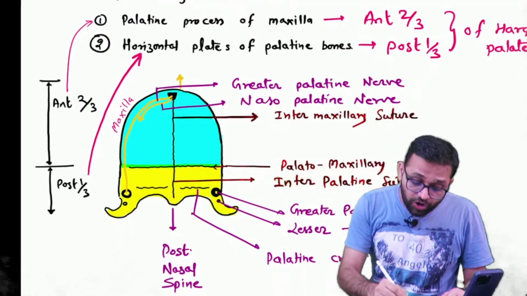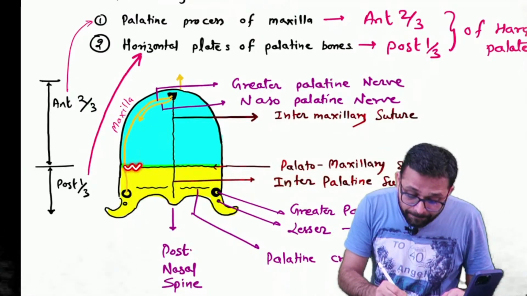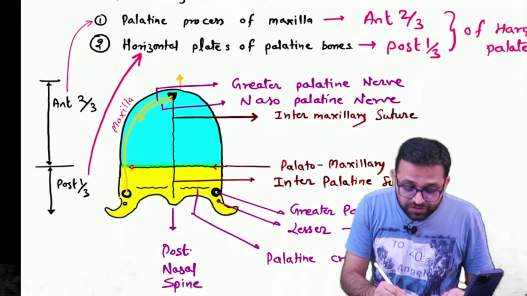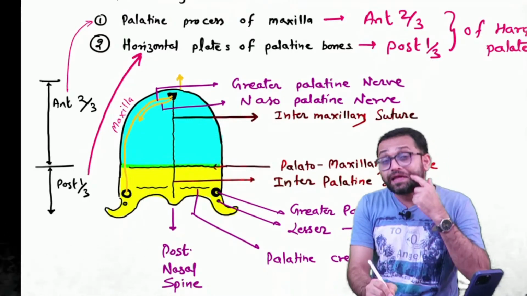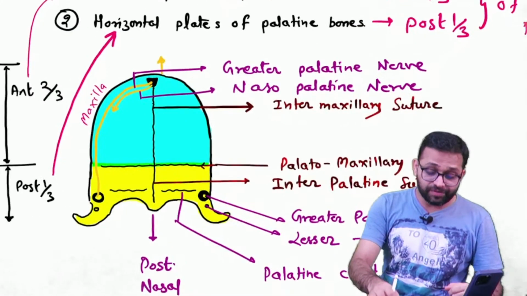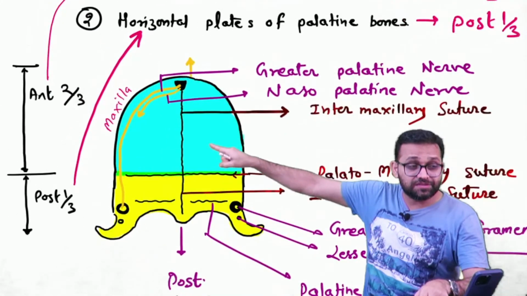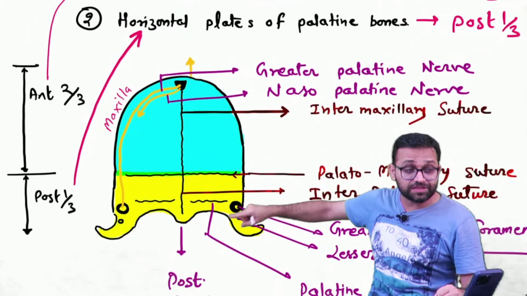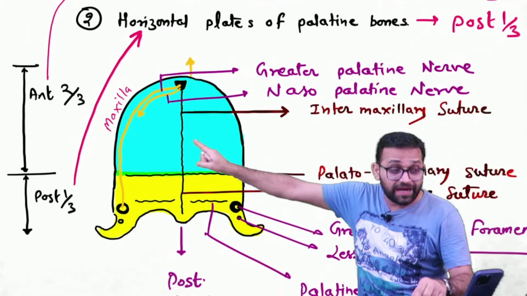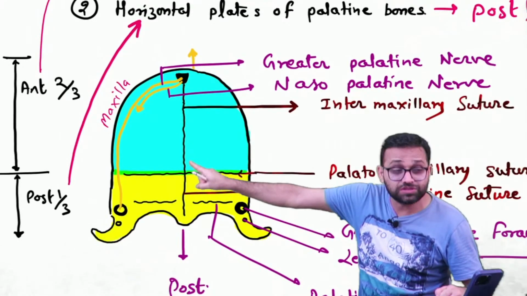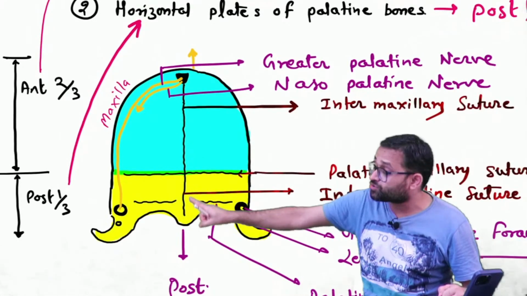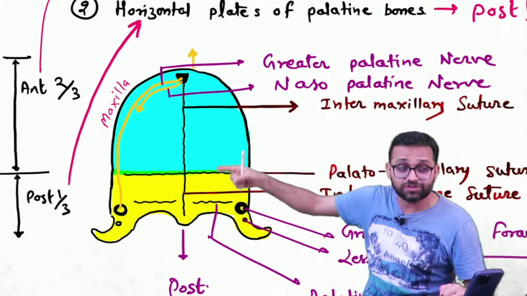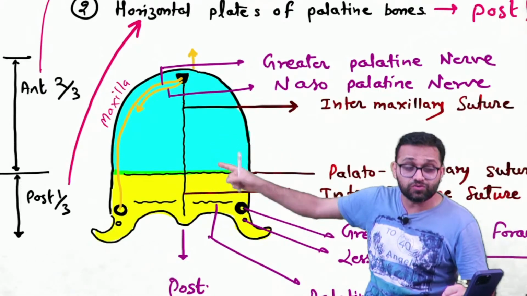So what should be the name of this part, sir? This is the maxillary suture. This is the palatine bone, and this is the maxilla bone. So this is our maxillary suture. Getting the point? What you have to remember: this is the maxillary bone part, and this is our palatine bone part. So maxillary and palatine. That is our intermaxillary suture, and this is our interpalatine suture. This line is representing our palatomaxillary suture.